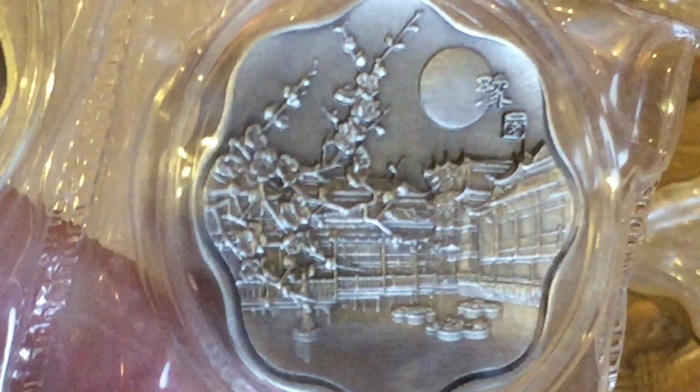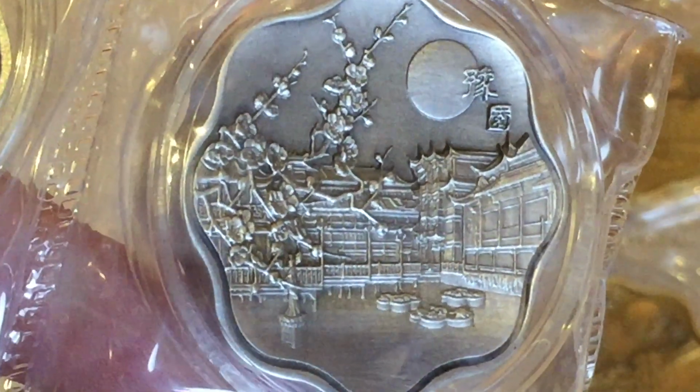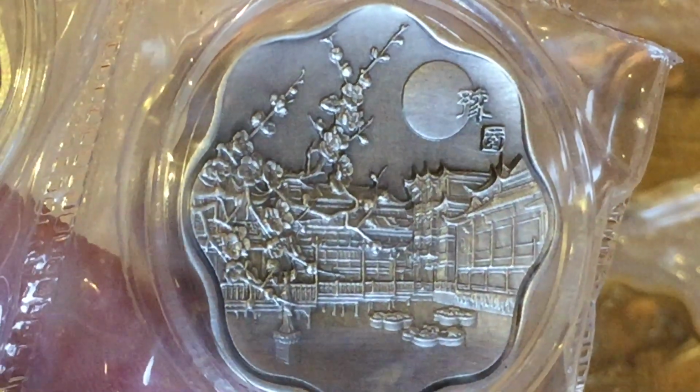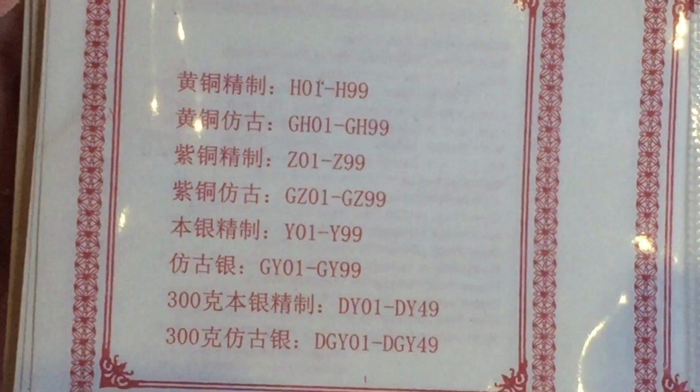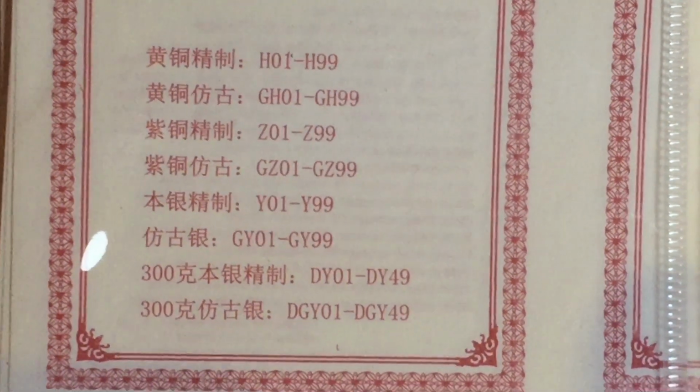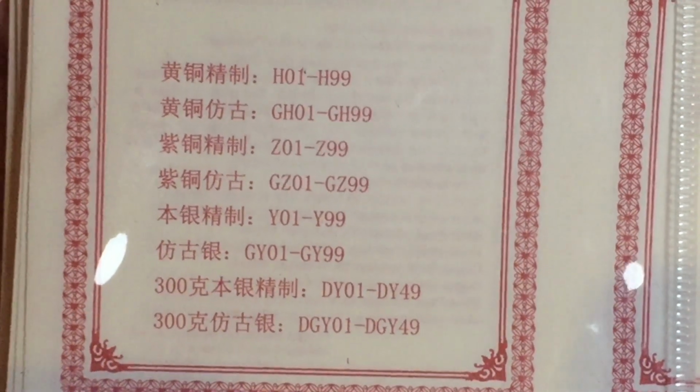If you are interested in Chinese medals and coins, there's quite a lot of forum areas on the web. There's Coin Compendium, there's China Mint Info, there's a forum on Chinese medals on Silver Stackers, there's the Silver Forum that has quite a lot of stuff on Chinese medals. But let's just take a quick look now at the